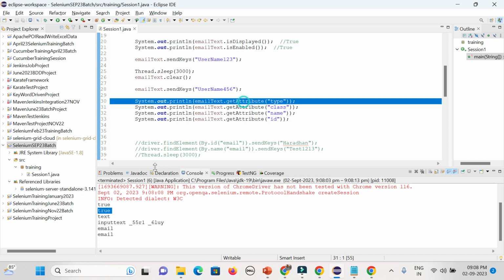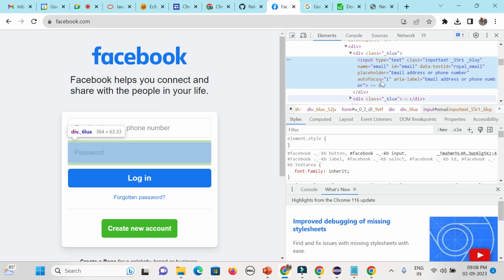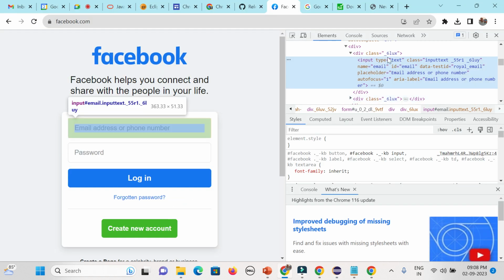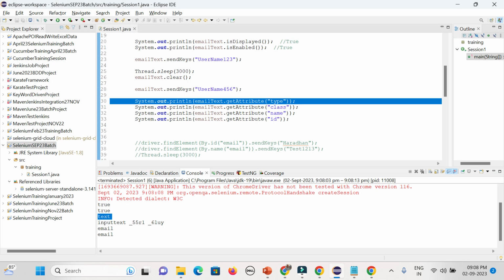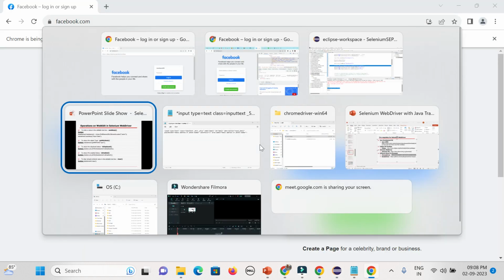Now attribute, what is type? Type equal to text. You could see here type equal to text. This is the tag name, and next one it will be the attribute and the corresponding value in blue. And then class input-text-55RL, something like that. That is the class name that is coming. Then next one in the code,